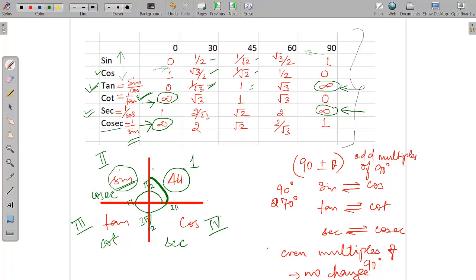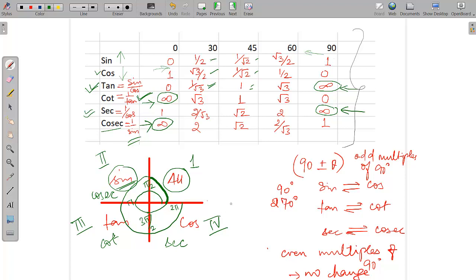So this is 2 pi plus pi by 2. And again it will become 3 pi. So this will become 3 pi plus pi by 2, and this will become 4 pi. So it can go on repeating, and the signs of the values of all these trigonometrical functions will always be the same when it returns back to the same quadrant.